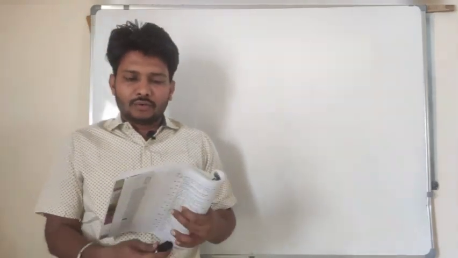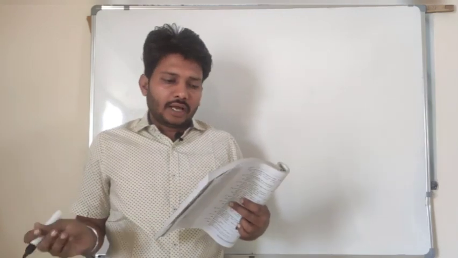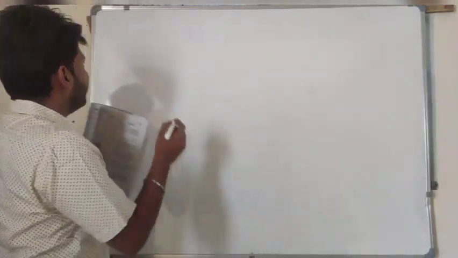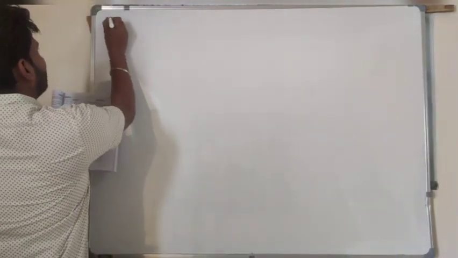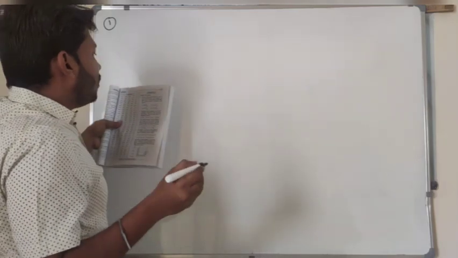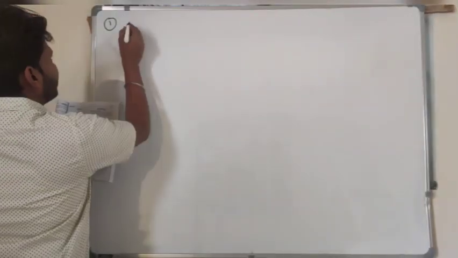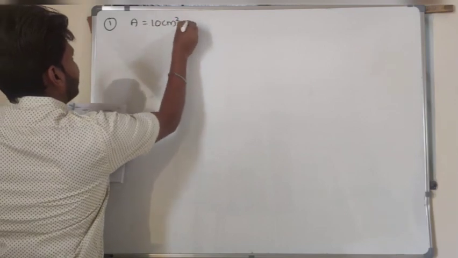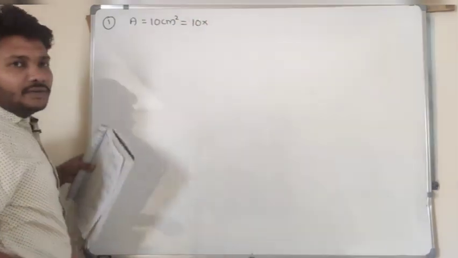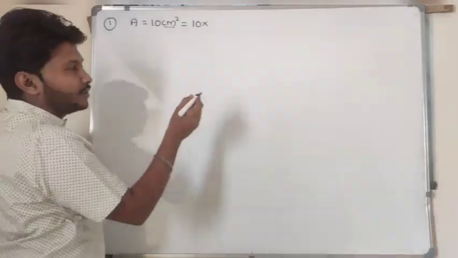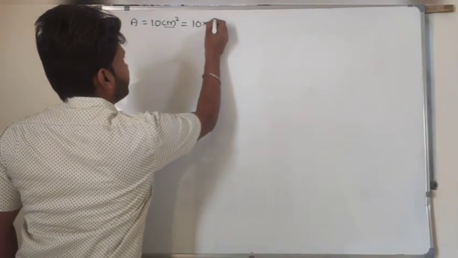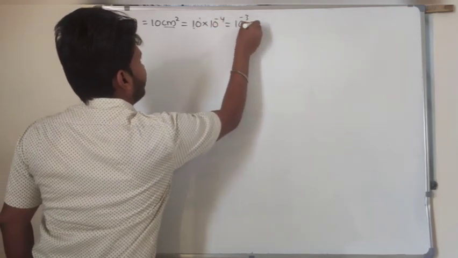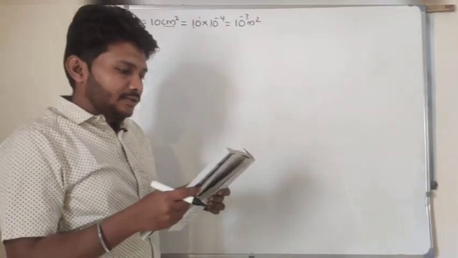So I will read out the question here. Two thigh bones of each cross sectional area 10 centimeter square. Thigh bones means leg bones, you can consider. So each bone has a cross sectional area of 10 centimeter square. Let me write the given thing, 10 centimeter square. I have to convert it into the SI system. Centimeter means 10 to the power of -2, centimeter square means 10 to the power of -4. Bases are same, powers are added up. 10 to the power of -3 meter square here.